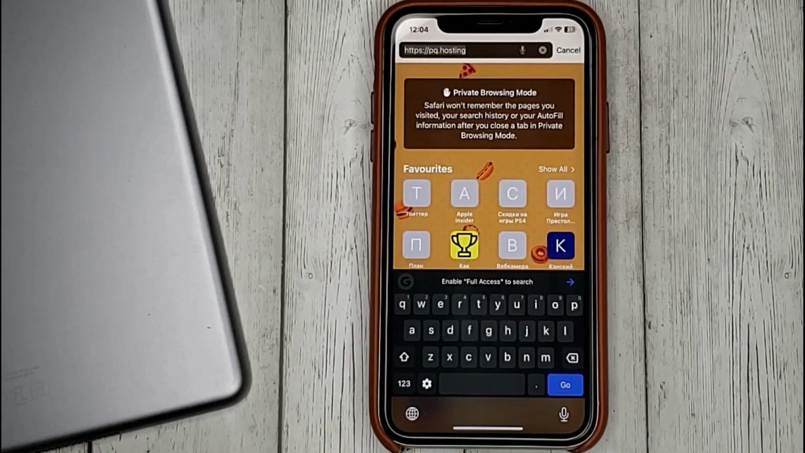If you were wondering how to install a third-party keyboard on iOS, this is the easiest way. If you know another way,